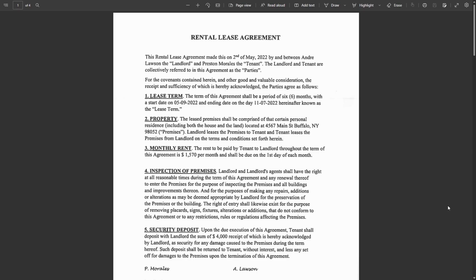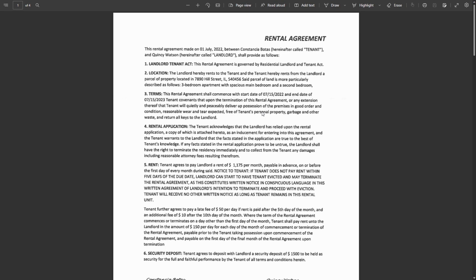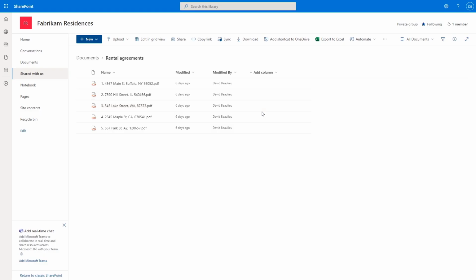For this demo, I'll be playing the role of a real estate agent in a company that manages properties. One of the tasks I have to do is that every time a new property is rented, I receive rental agreements like these ones,